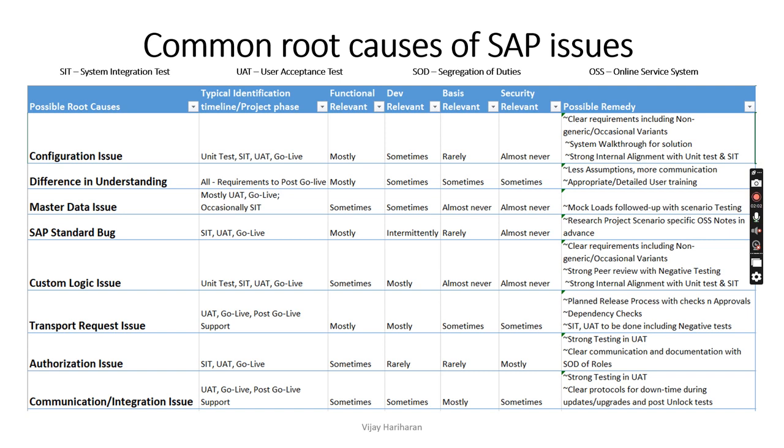Let's jump right in. The first kind of issue, if you are from a functional SAP functional background or an SAP user, you may have heard about configuration issue. So this, for people who are from the functional background, is typically something that you do in the SPRO or the IMG transaction, and you will mostly identify these issues right at the start during the unit test if you have tested it right, or in the system integration test, user acceptance test, or of course during go live when the load